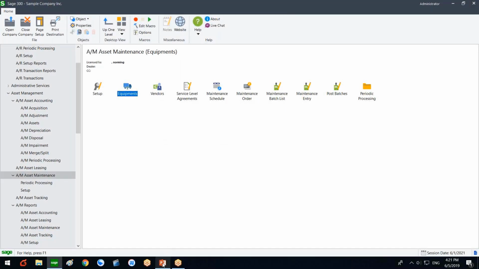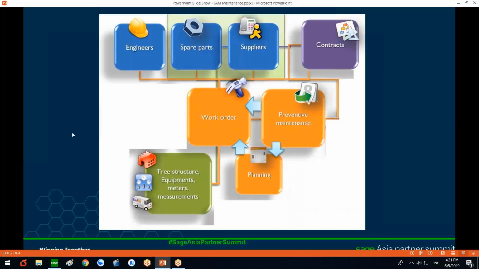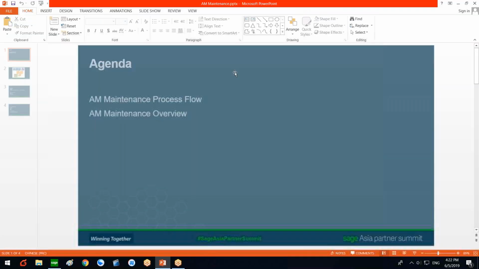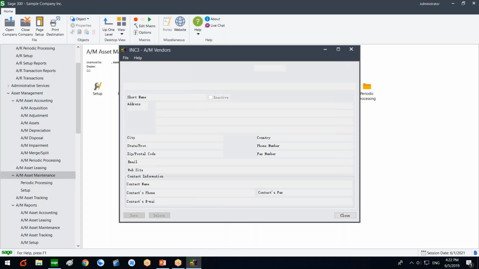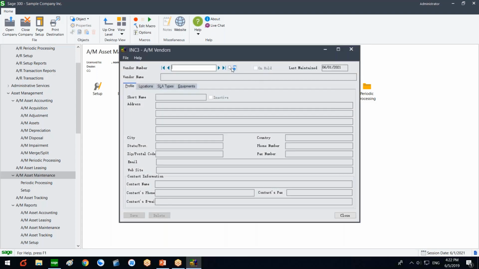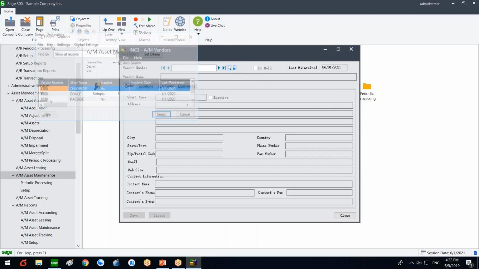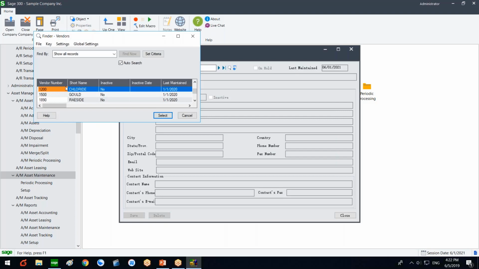And if we look back to the slide here, aside from the equipments and meters, we also have the suppliers, the resources like engineers, and the spare parts to be defined in the system. So we are now looking at the resources and the vendors. Because we have the integration with the account payable, you can just specify the vendors from the account payable. These are the vendor numbers coming from the